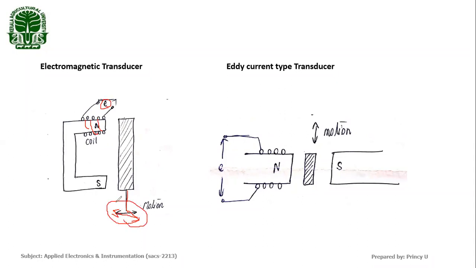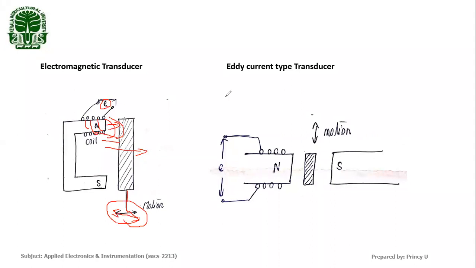Okay. So this is linear only for a small motion. Disadvantages: when we move this object away to a far distance, there will be no flux linkage with the magnetic flux produced by this magnet. So we cannot measure a higher motion. This is linear only for very small motions, only to measure vibrations or small motions.